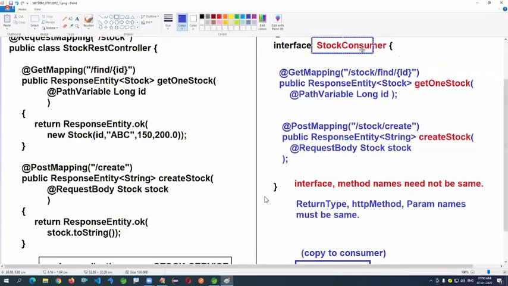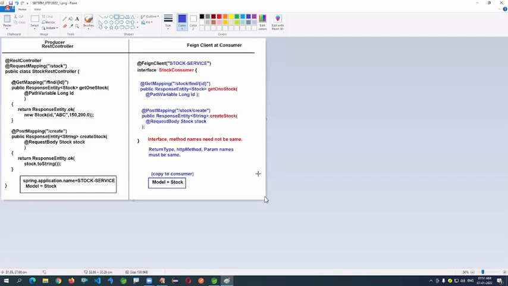Other than this, the remaining: stock, ID, ID, stock, string, create. You can see everything should be matching.